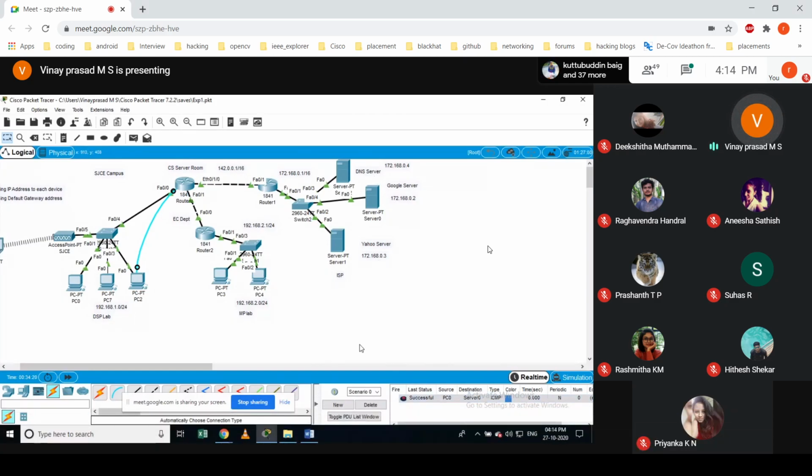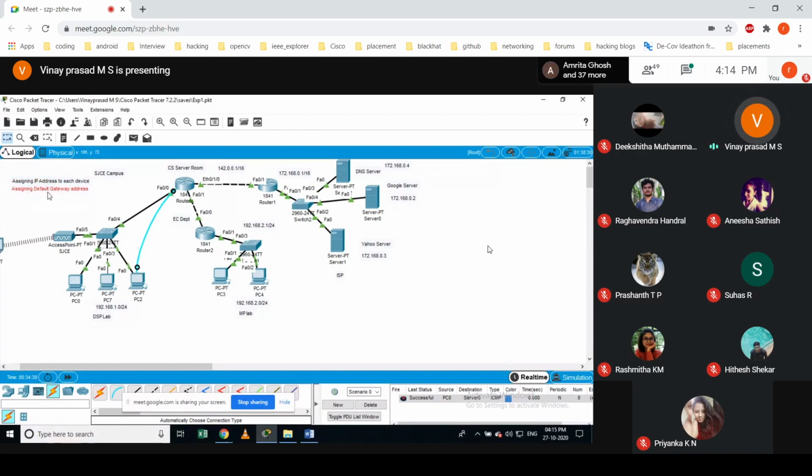The configuration is RIP within my network, and between you and the ISP it is static and default. You can also enable the complete network with RIP, but I'm trying to explain how you do it in real time.